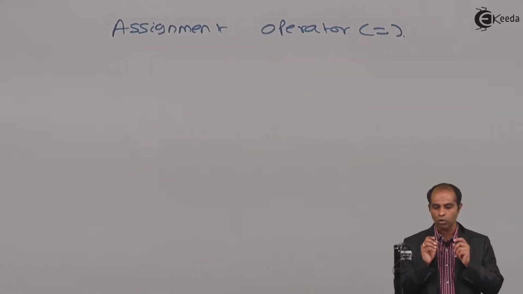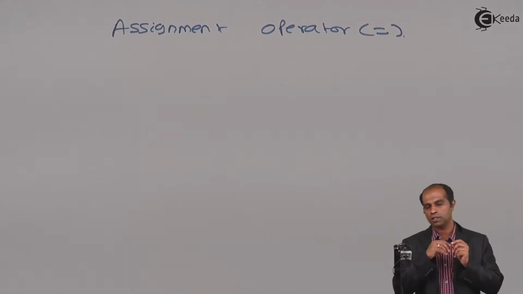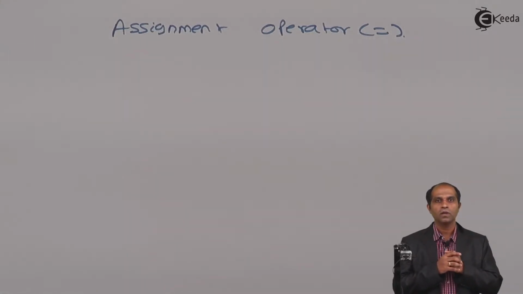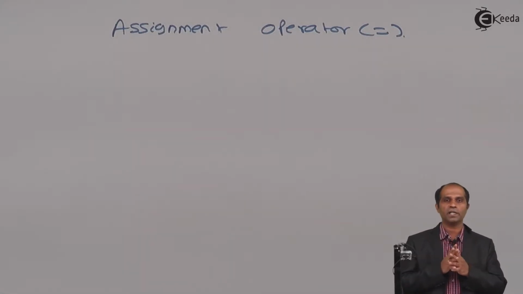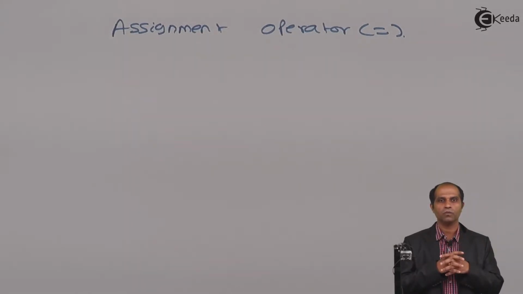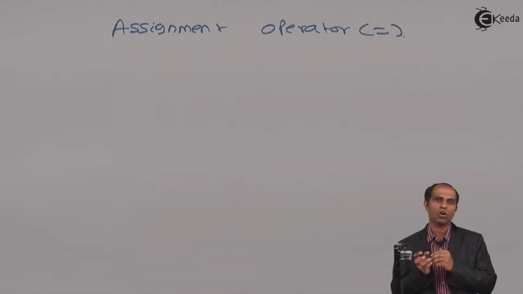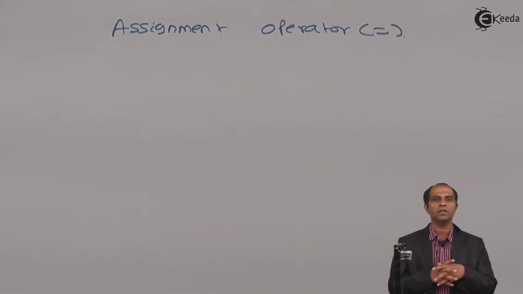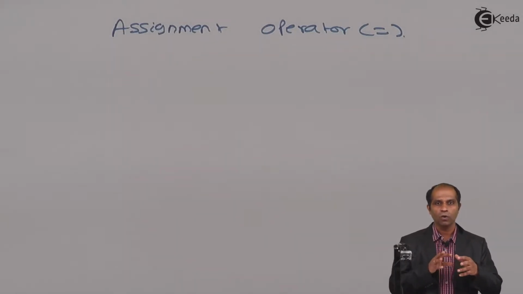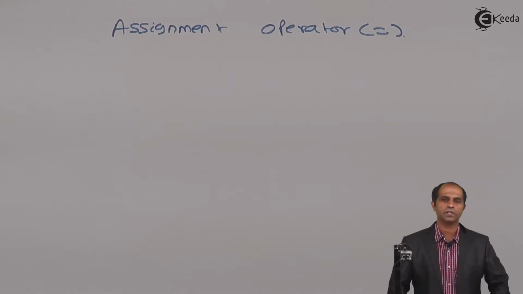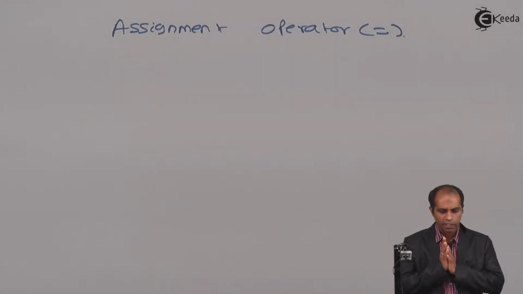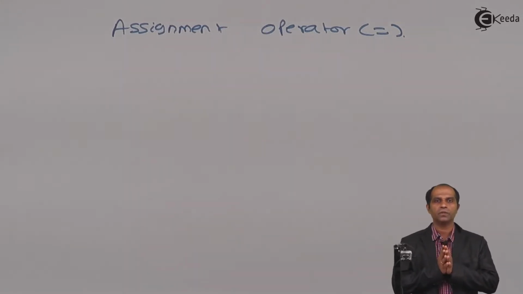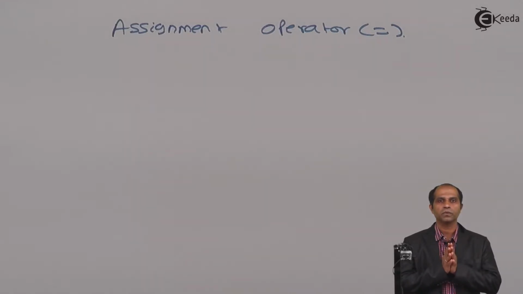Make it a habit not to use double equals to as an alternate of equals to. Whenever I say that I'm supposed to make a comparison, then use a double equals to. And whenever I say that I'm supposed to just copy a value or assign a value, in that case use single equals to. The symbol we are using in both cases is the same, only it is used twice in one and single time here. So when I wish to compare values, use double equals to. To assign, use a simple single equals to.